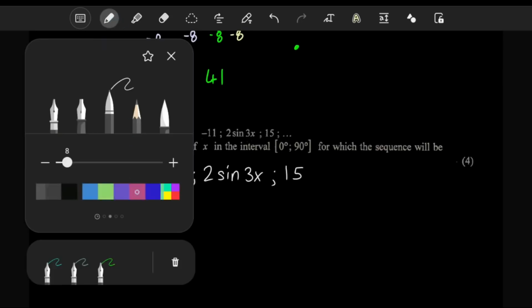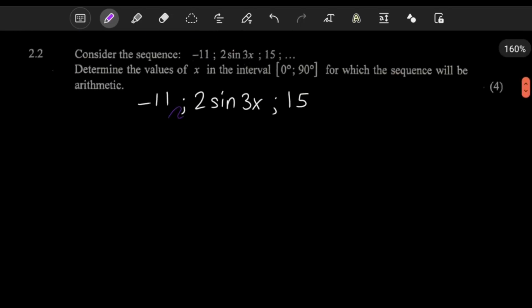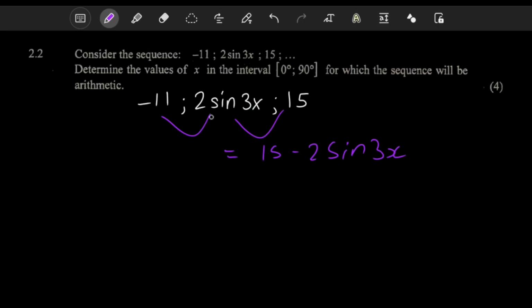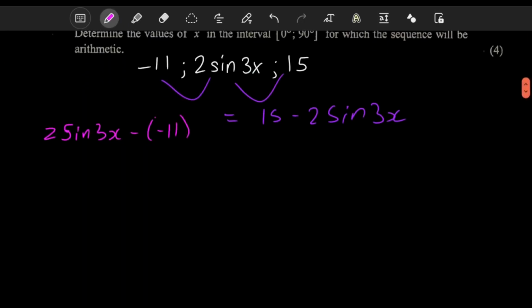So for your sequence to be arithmetic, the first thing we know is that our sequence has to have a common difference. So for our sequence to have a common difference, it means that this minus this needs to be equal to this thing here minus that. And take note of the fact that I put the negative 11 in brackets,